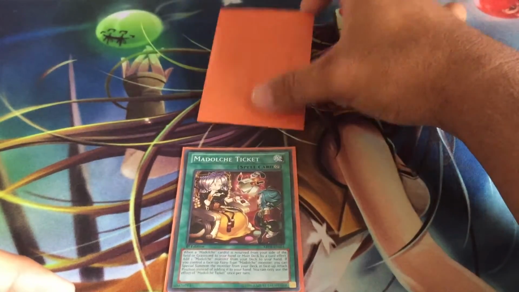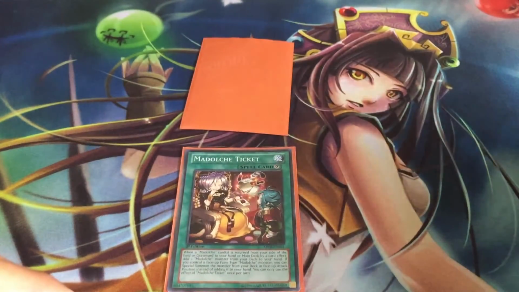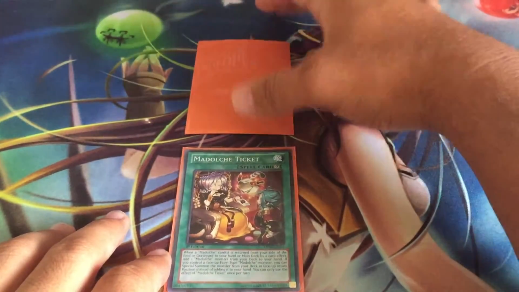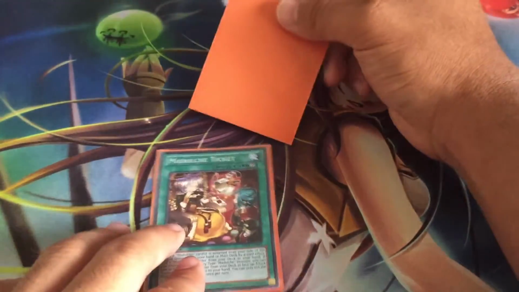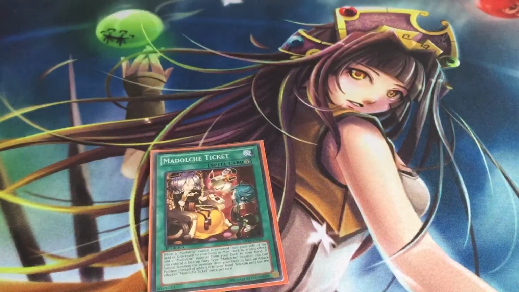And, of course, we all know how strong Trishula's effect can be, because it can banish 1 card from your opponent's field, grave, and hand. So, again, it just gets us another option whenever we might need it, and it gives us a Trishula play, which is really, really cool. So, that pretty much should be wrapping it up for those kinds of combos. I'm trying to think right now if there's any other...